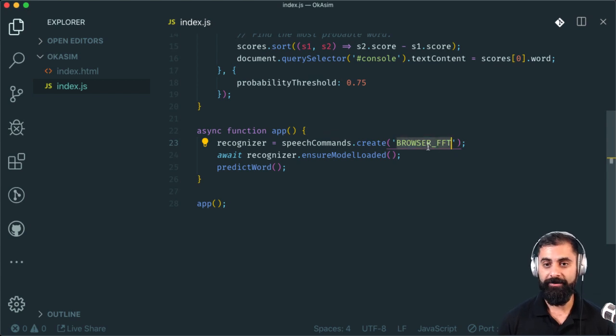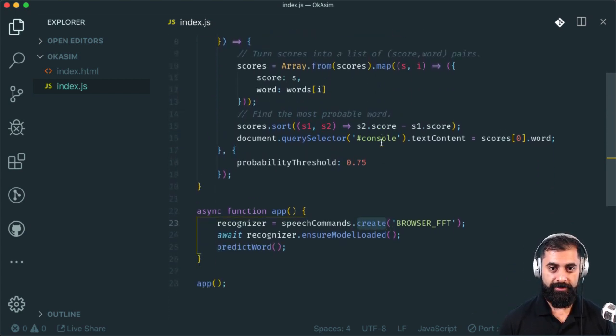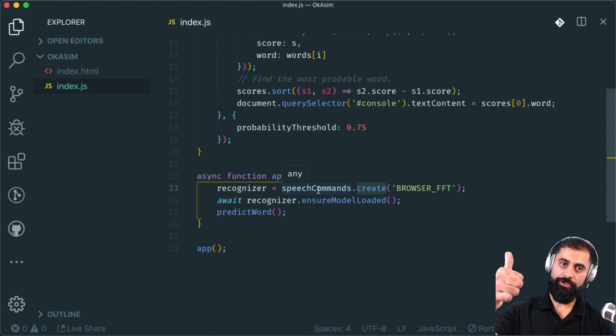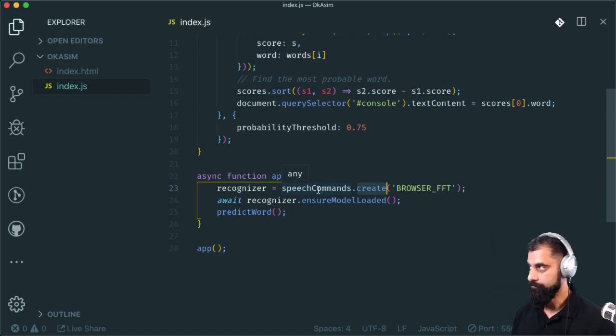It's going to be running in the browser. That's what browser FFT is, which I believe is fast Fourier transform. It must be the engine that says how it wants to calculate things. So it's creating the speech commands module. It's going to go on the internet, and we'll check the network tab to see what's happening.